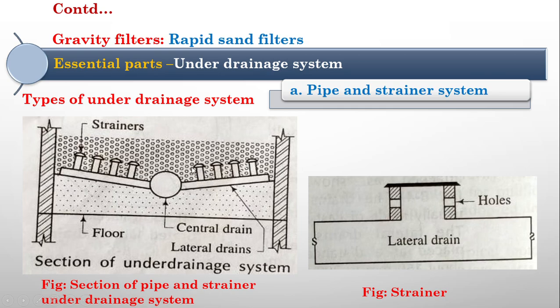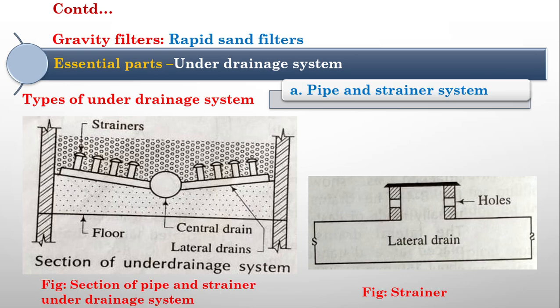Now, for collecting the water into this tube, we have to provide some holes or something. Instead of holes, what we are giving here is strainers. Small length pipes having openings should be given here. So the filtered water will be collected. On the laterals there are many strainers, and the filtered water will be collected in the strainers and finally in the laterals, and the laterals will deliver this water to the central drain, and it will be collected at the outlet. This is what happens in the pipe and strainer type system.